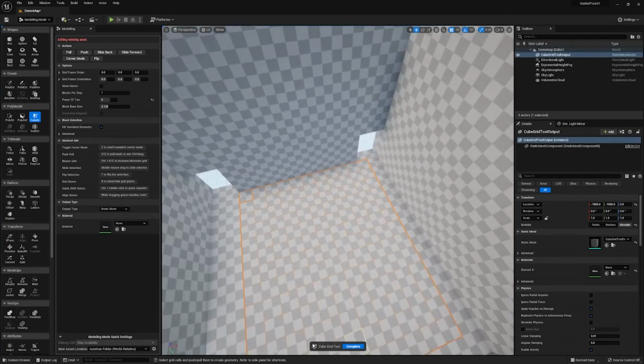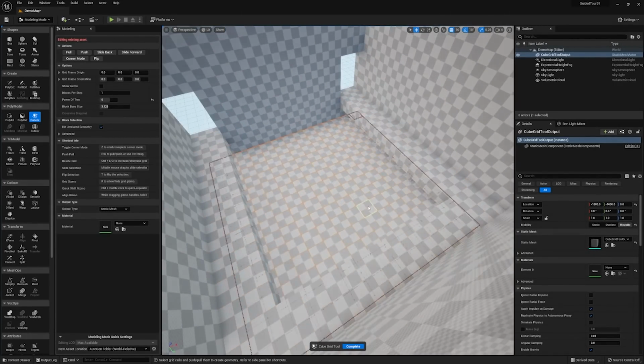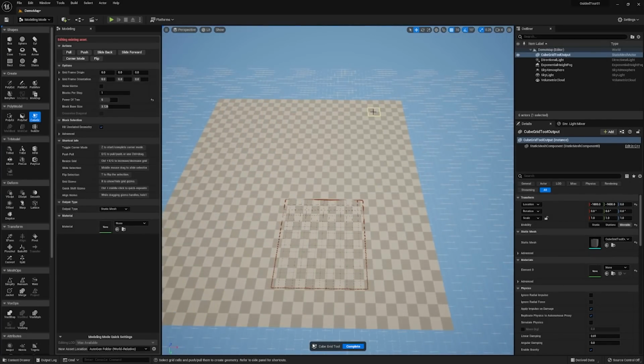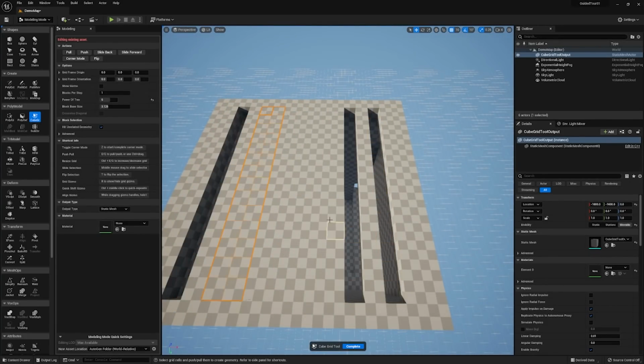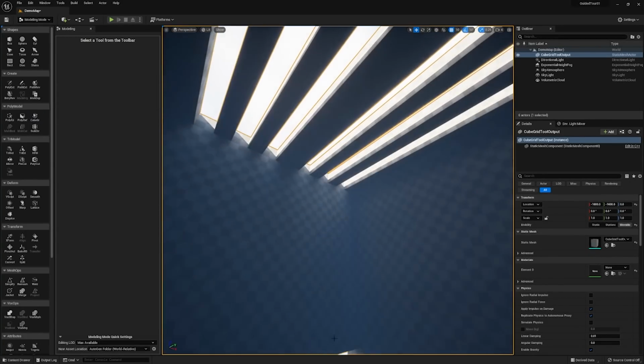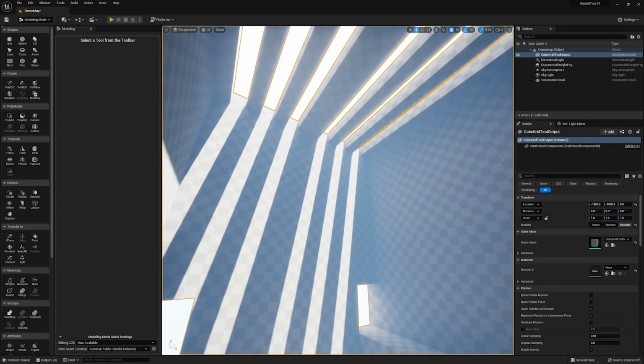You'll notice that from time to time I actually shift the grid up and down manually. I'm doing that with Shift E and Shift Q. You can also change the size of the grid with Ctrl E and Ctrl Q. Cool, so the space is crafted.